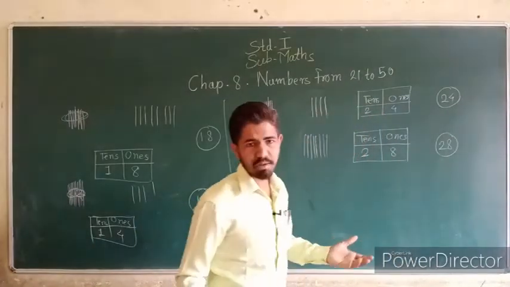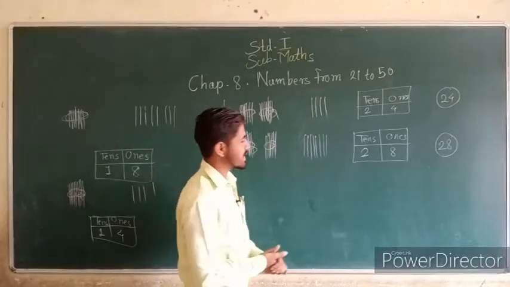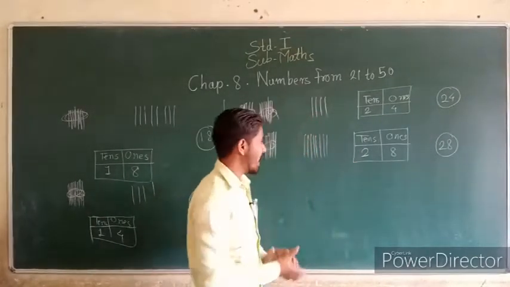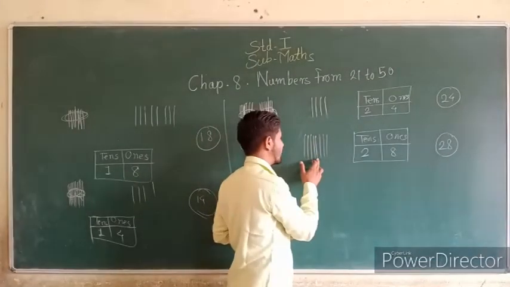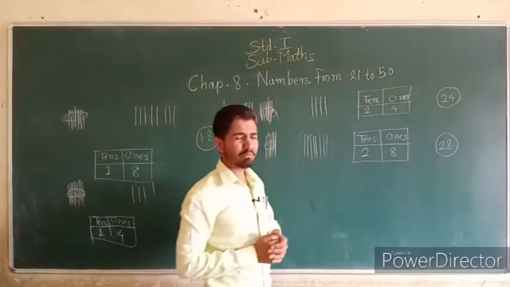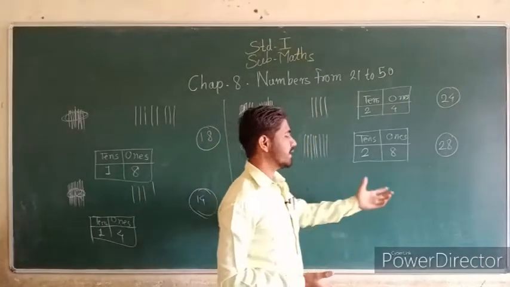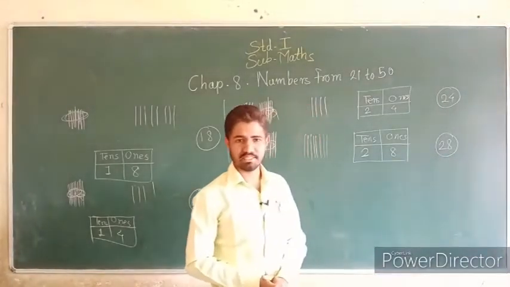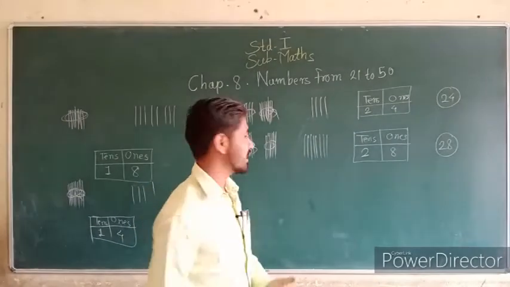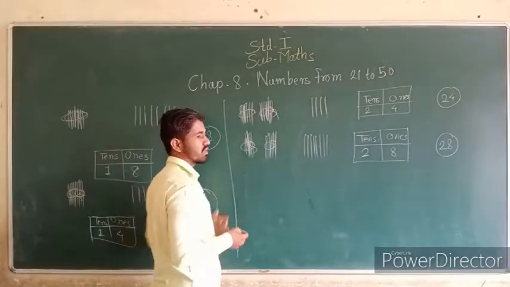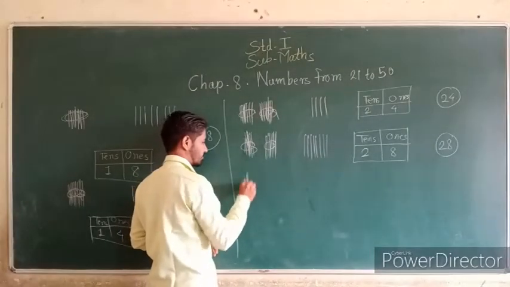28. यहाँ पे कितने बंडल्स हैं? 10 के दो बंडल्स हैं, इसलिए हमने यहाँ पे 2 लिखा। यहाँ पे वन मैचस्टिक्स कितने हैं? 1 2 3 4 5 6 7 8, 8 मैचस्टिक्स हैं, तो यहाँ पे हमने 8 लिखा। तो ये नंबर 28 है। तो बच्चों आपको समझ में आया ये मैंने कैसे किया? ओके, नेक्स्ट हम क्या करेंगे? 38। तो कैसे लिखेंगे 38 यहाँ पे?